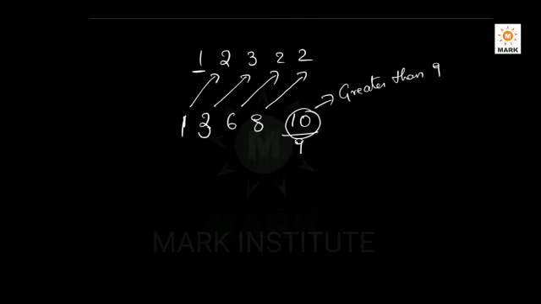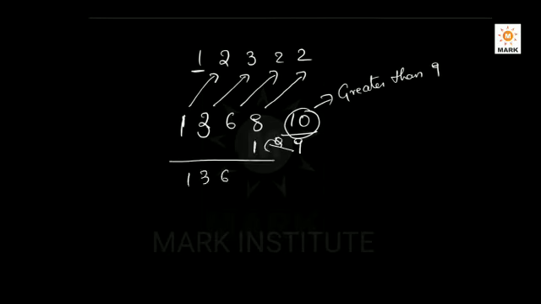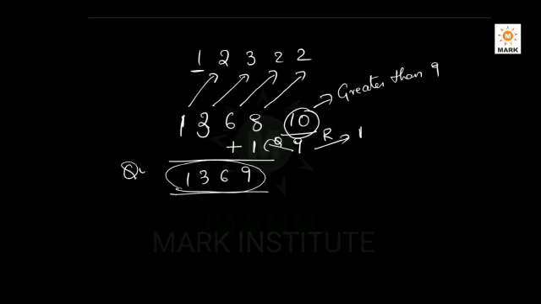Because the remainder is more than the divisor, it goes some more times in the number, right? So 10 by 9 again, 9 ones are 9, and when we divide 10 by 9, 1 is the quotient and 1 is the remainder. Write the quotient on this side, that is 1. 1 3 6 9. Write the remainder on this side, that is 1. So add them. That means 1369 is the quotient and 1 is the remainder.